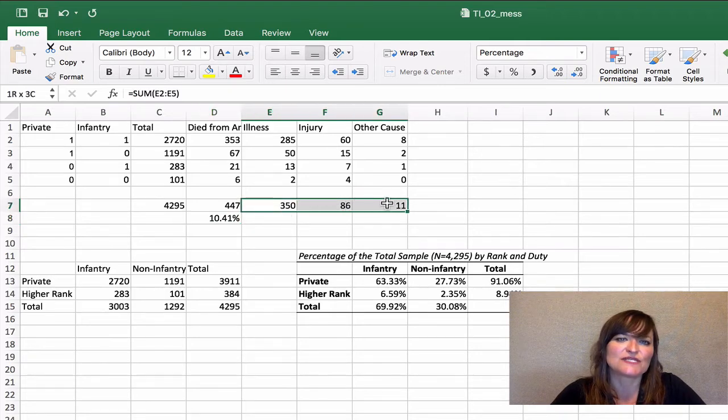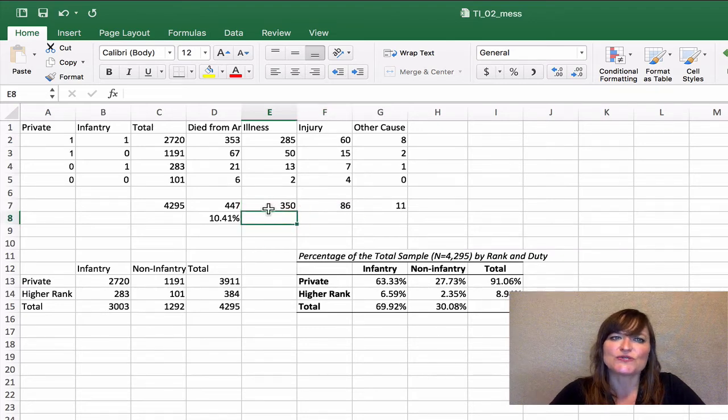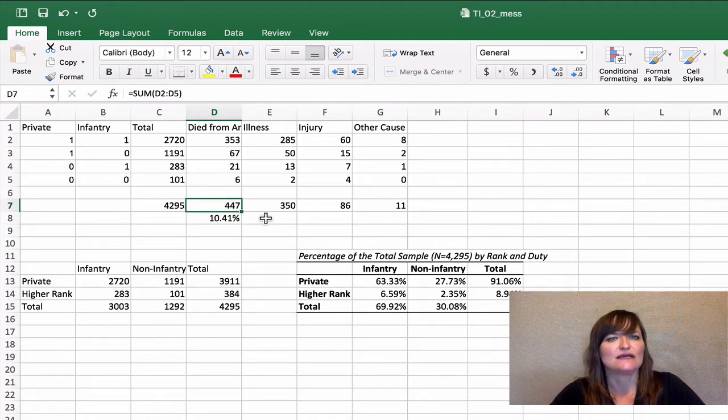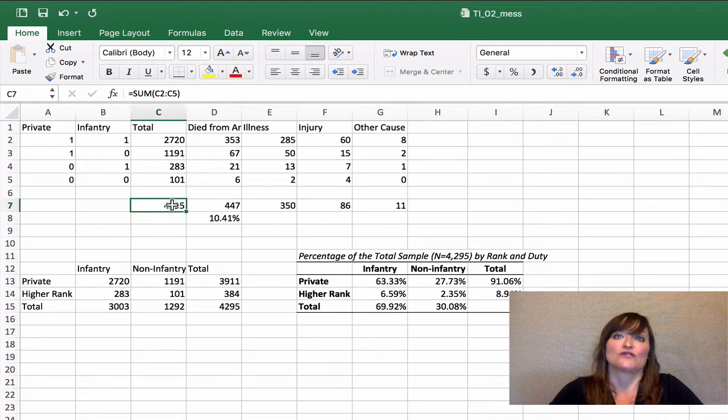For calculating the percentages of the cause of death, I think we want to use the base rate of died. I think we want to say, of those who died, what proportion died from illness? Of those who died, what proportion died from injury? I don't think it's as interesting to say, of all of the soldiers, what proportion died from illness?